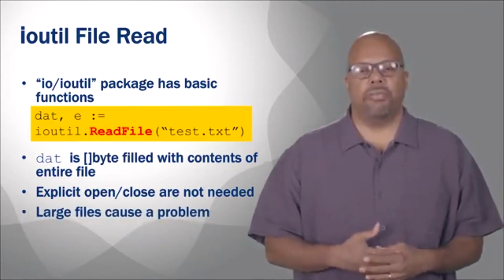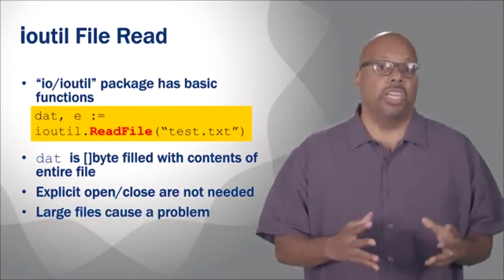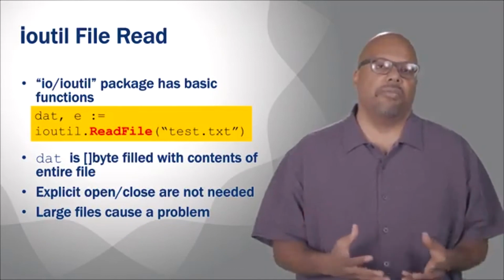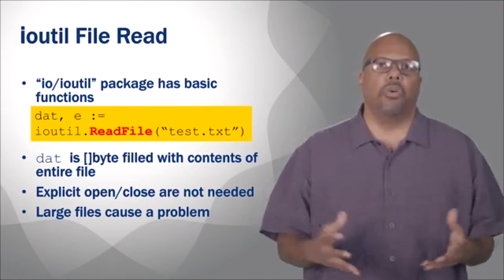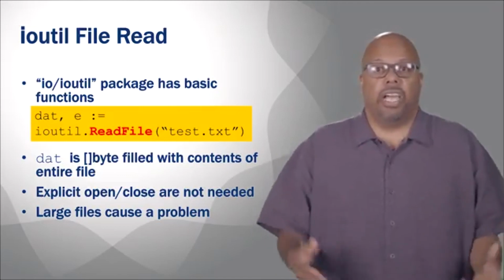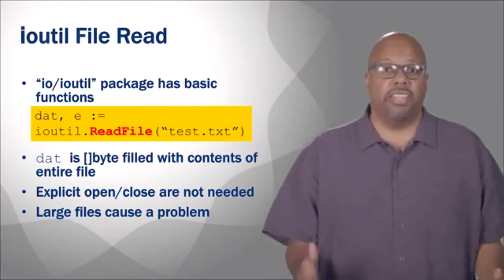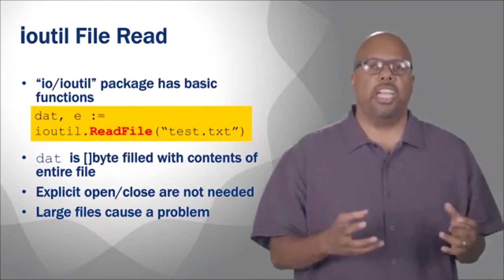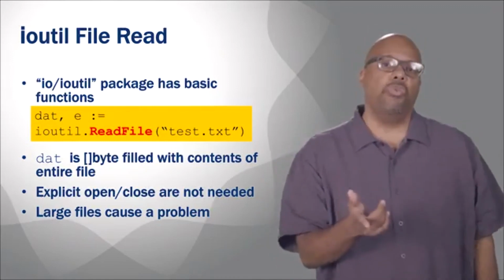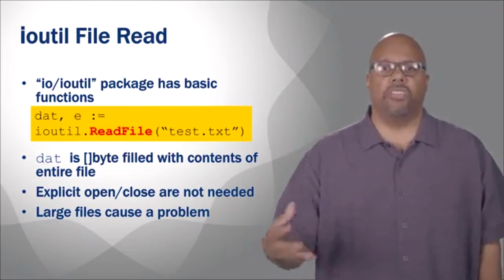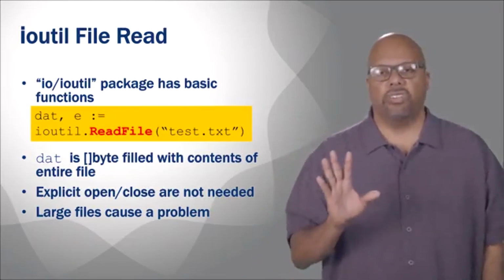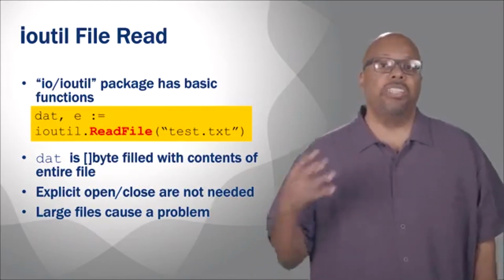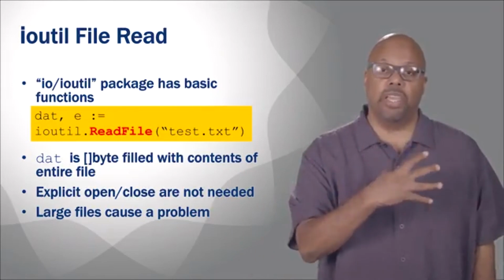When I say it causes a problem, it's not going to cause an error, but files can be gigantic, okay? If you think about the size of a disk, a disk can be terabytes. I have a terabyte disk in my machine, and that's normal. So you can have giant files, files that really take up most of your memory. Because when you read a file, it takes it off of whatever the storage device is. Let's assume you're using disk for a second. It could be solid state storage too. It takes it and reads it into RAM, into its main memory.